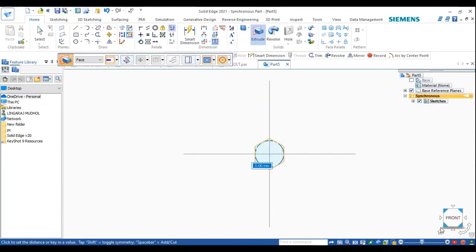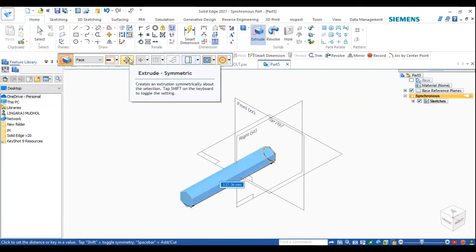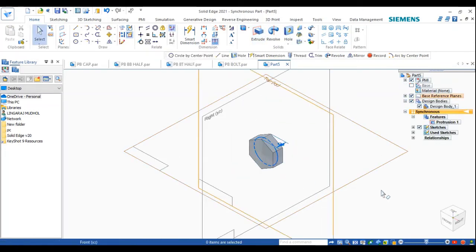So click on the part, return. See, you'll get it only in one direction, so I want it on both. Go to symmetric option. You want the nut of 8 mm thickness. See,